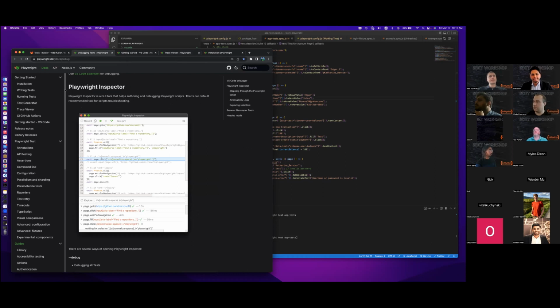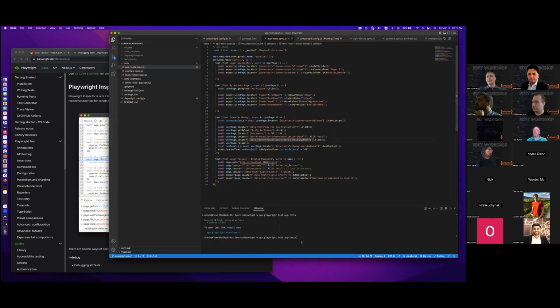All right, let's start with the Playwright Inspector first. If we run tests, as you already know from the first session, it would run by default in headless mode. For debugging, we need a headed mode, and we need to get this Playwright Inspector running at the same time. So for that, we use the debug option. The previous command just ran our test, and then we use --debug.